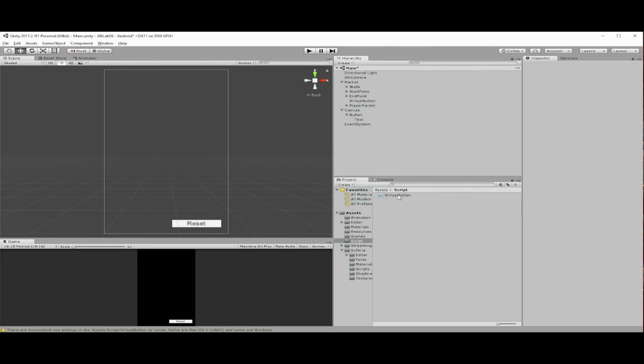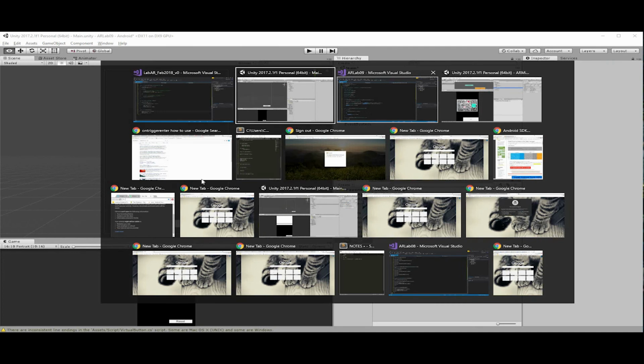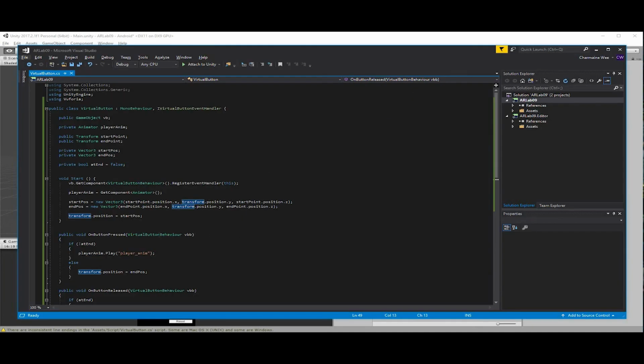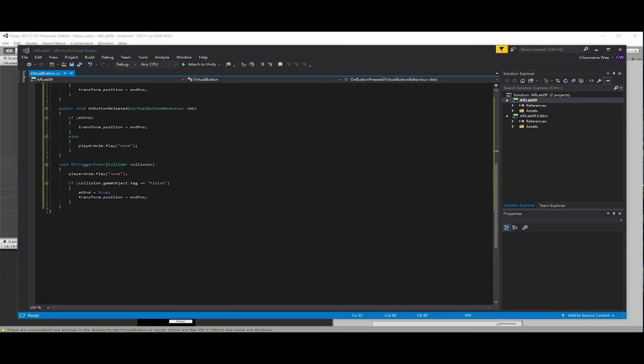I'm gonna go to my script, this one, and I'm gonna create a reset function. I'm just gonna call it public void OnResetClicked. As you can see, I attached this to my player parent, so my player parent is acting as the game manager in this case. So transform.position equals start position. I'm bringing my player parent back to the start position, and atEnd will be false,